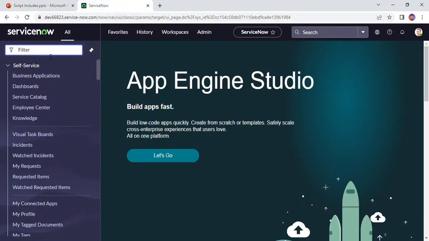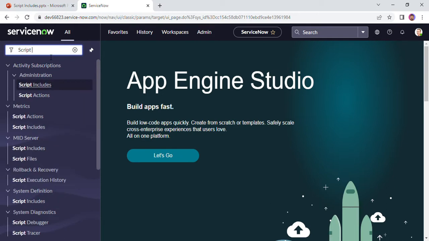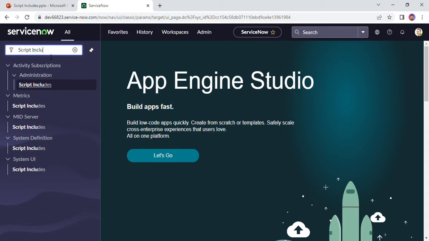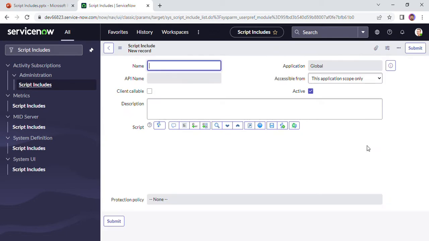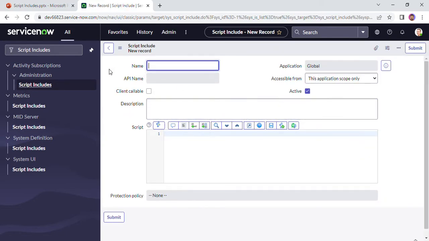In the ServiceNow instance, in the left navigator, type script include. Open the one under the system definition. Just click on the new button to create the script include. Once you click on the new button, you can see these fields. It will ask for the name of the script include and the client callable checkbox. If you want to call the script include from the client side, you need to check this. But remember, for an on-demand script include, even if it's checked,